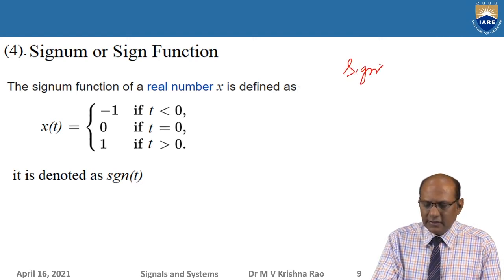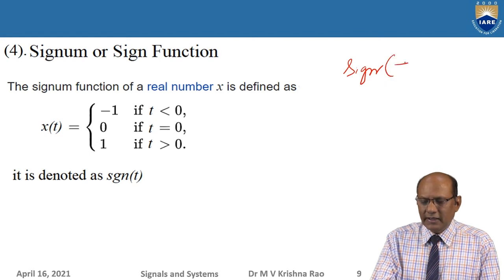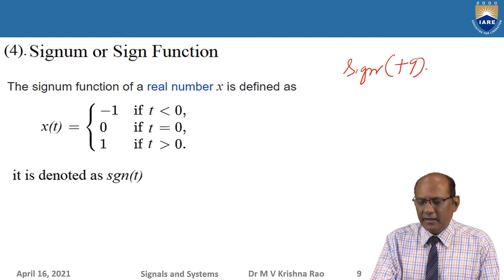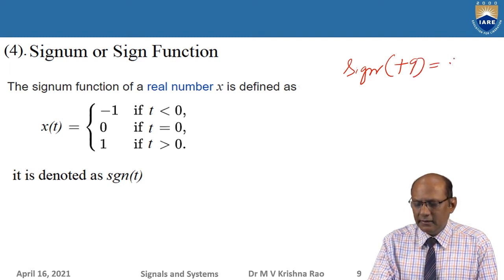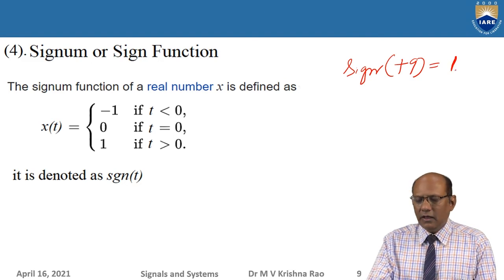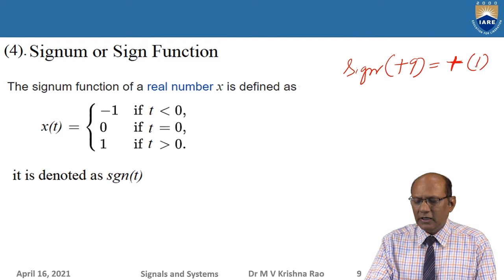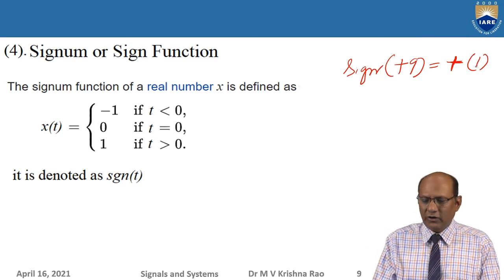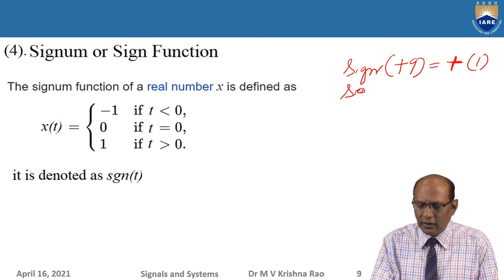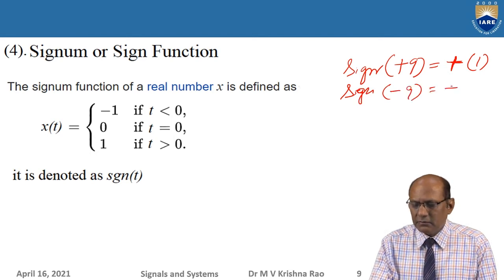Let us call this sign. Sign of plus 9 equals 1. Let us call it 1. I can also say positive: let us represent the positive value by 1. Now, sign of minus 9 is nothing but minus